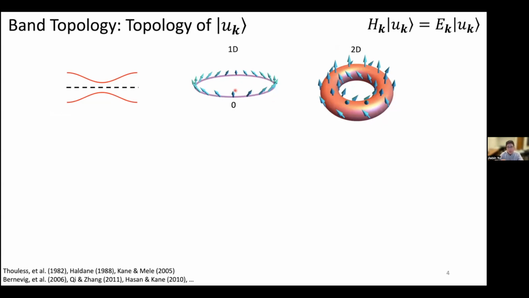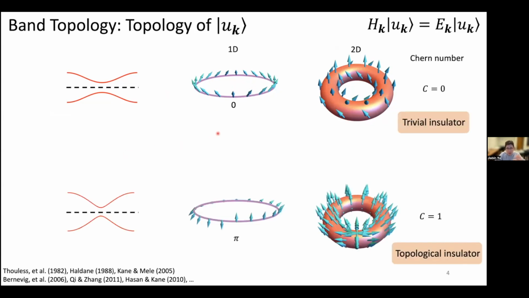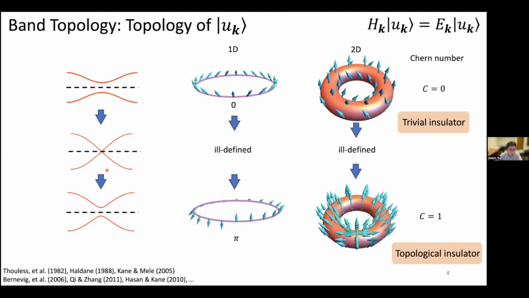In 1D, the winding number is just like the winding numbers for loops and twisted strips and so on. In certain cases, in 2D, we have a special winding number called the Chern number. And different insulators can have different winding numbers. These winding numbers are like topological invariants, and they indicate the different topology. Often we refer to insulators with non-zero topological invariants as topological insulators, and insulators with zero topological invariants as trivial insulators. If you go from a trivial insulator to a topological insulator, you must go through a band gap closing.